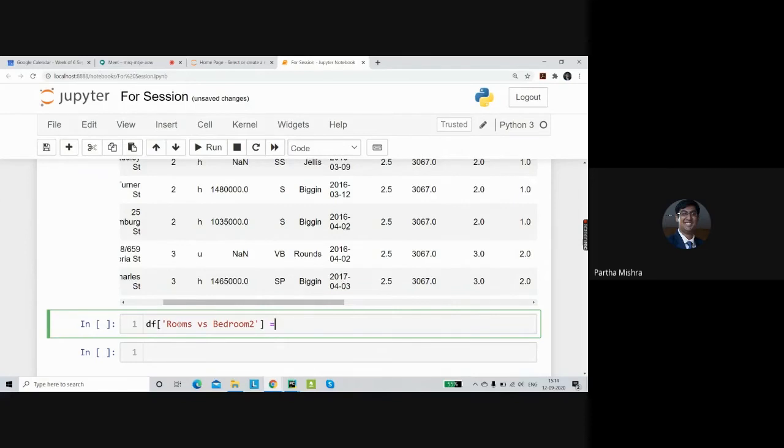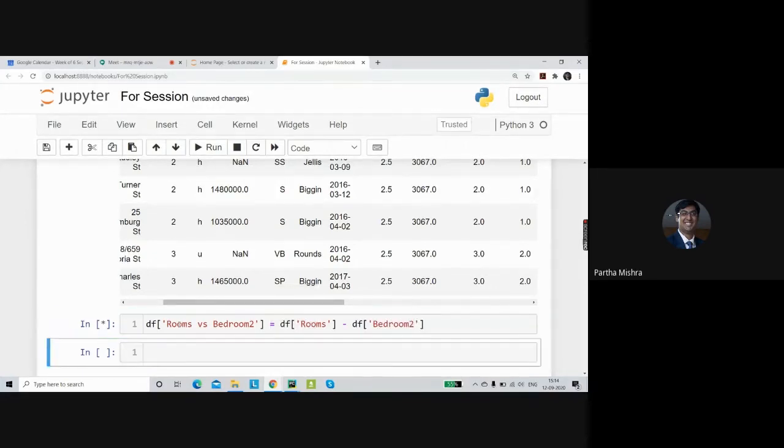So I'll create a new variable called rooms versus bedrooms, and here I first mention rooms and subtract bedroom.